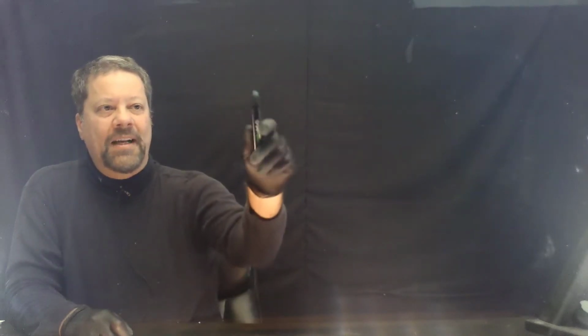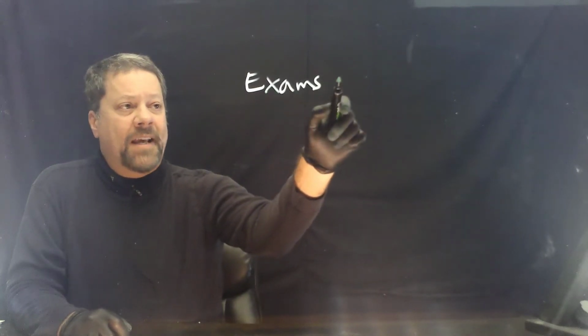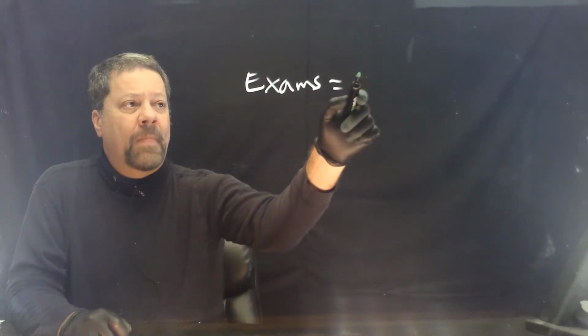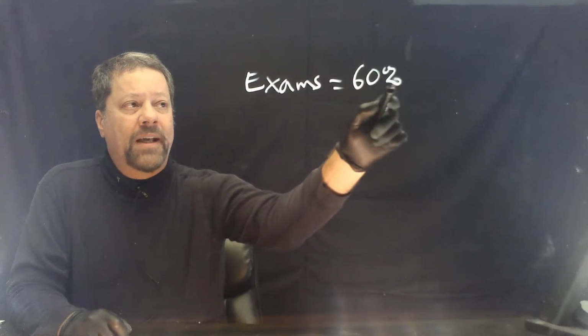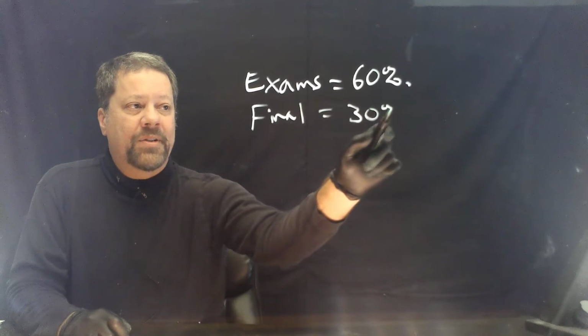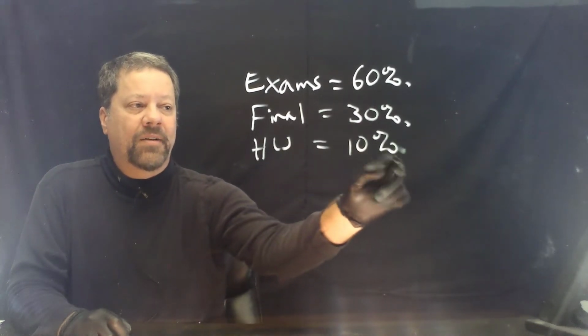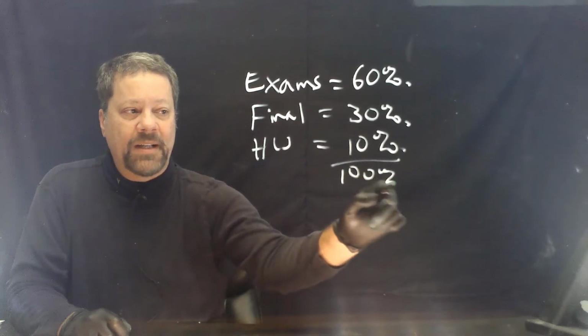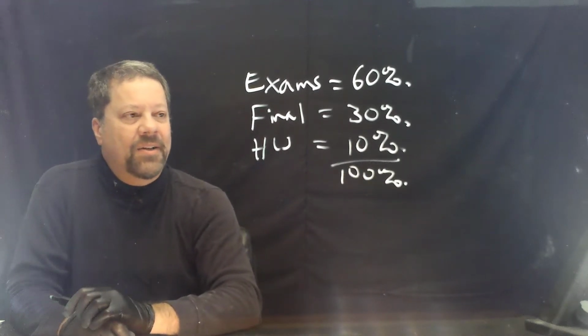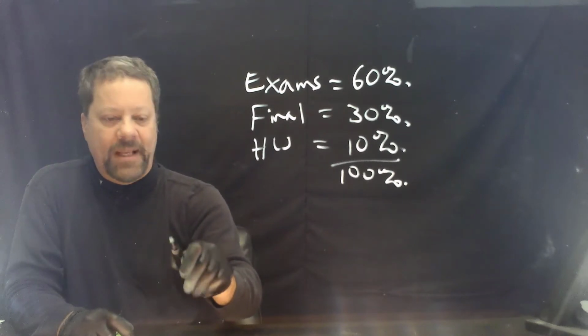In the typical scenario, we'll have exams be, let's say, 60% of the grade. The final will be 30% of the grade, and the homework will be 10% of the grade. This adds up to 100%. And so these weights add up to 100%. The weighted mean